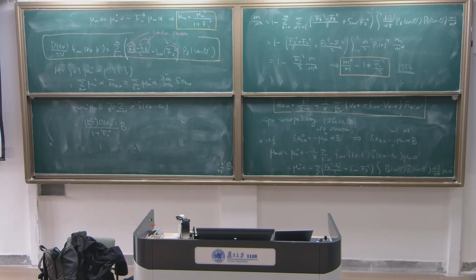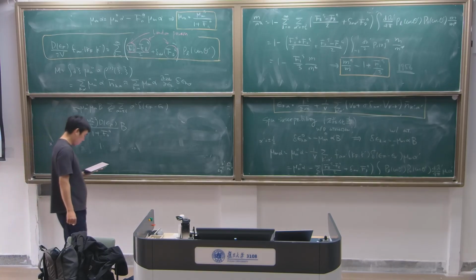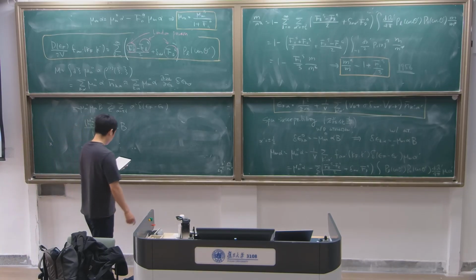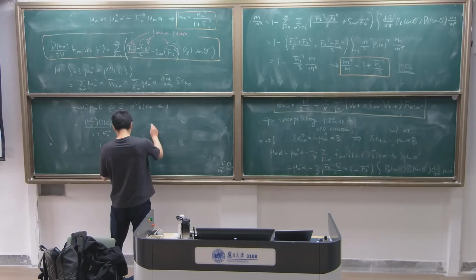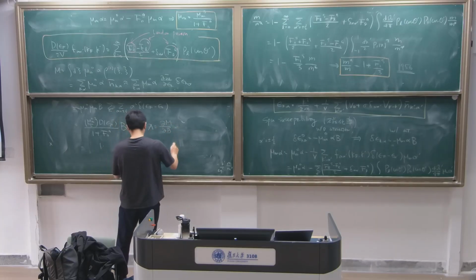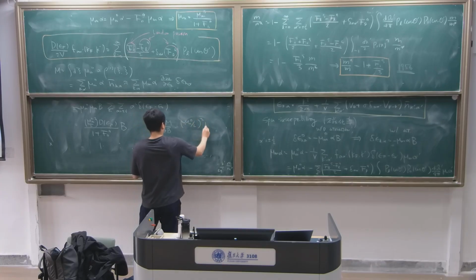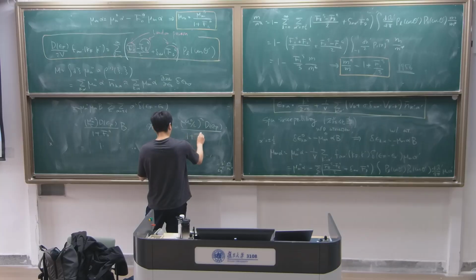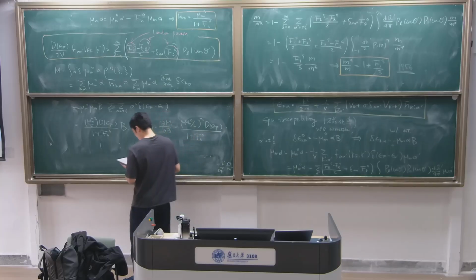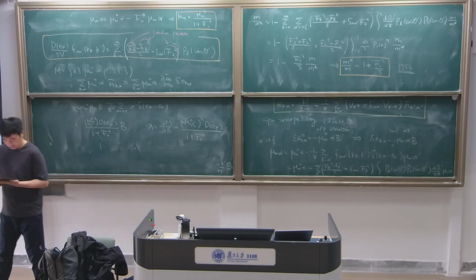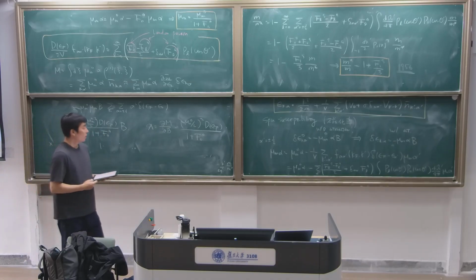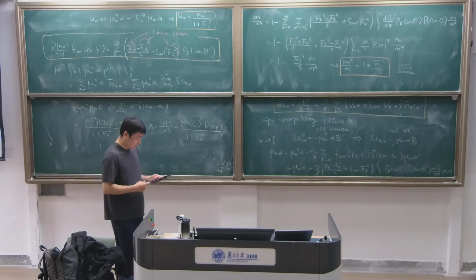Okay, so this is the magnetization method, and then the susceptibility function del P is equal to divided by fine. Okay, that's my